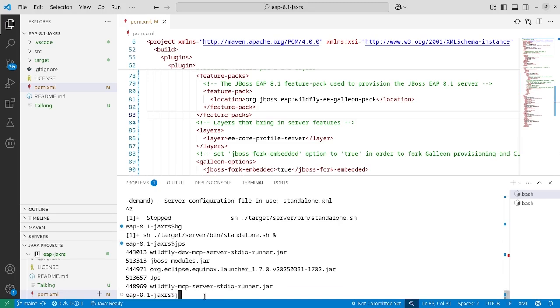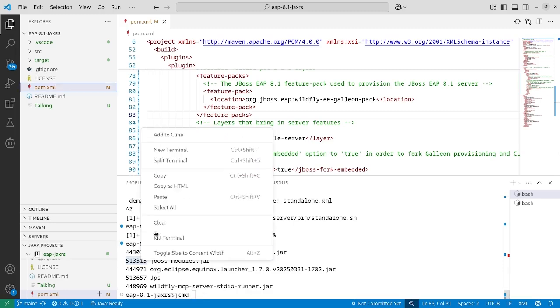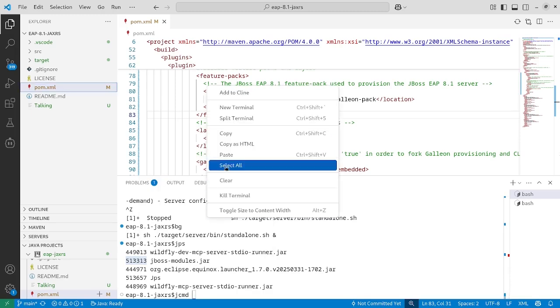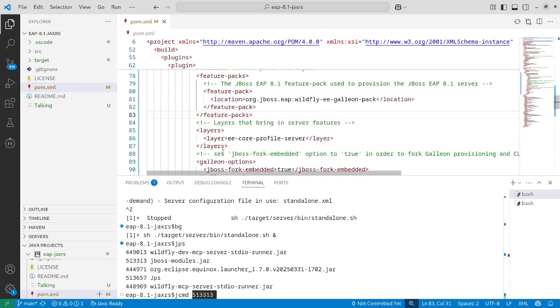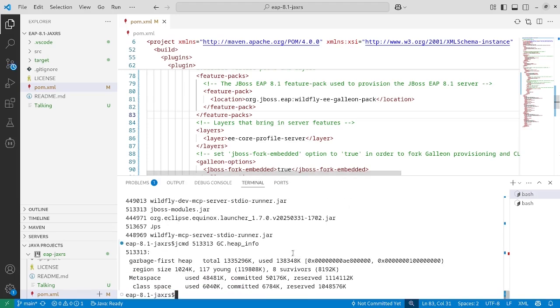So I am going to use jcmd to monitor the actual memory that is consumed. We are going to get the heap info, and we can see that we are using around 14 megabytes